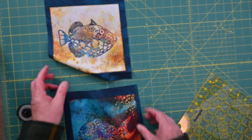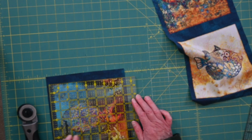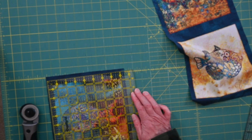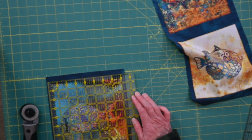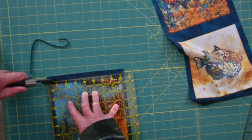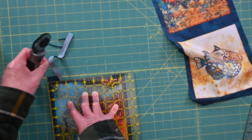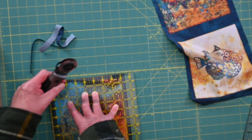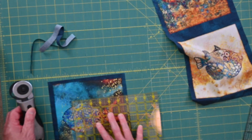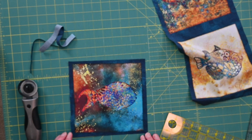We're going to turn it 180 degrees. And once again, we're going to take and line up the 8.5 inch over here and the 8.5 inch on the bottom. So there's my 8.5 inch on the right-hand side. Here is my 8.5 inch on the bottom. Line up both of those straight edges with the 8.5 inch lines. And then we're going to trim these final two sides. And there we go. So that's how you cut your panel pieces apart so that you get an 8.5 inch